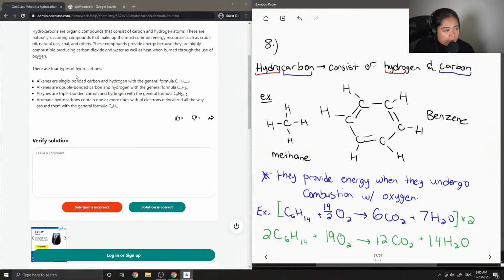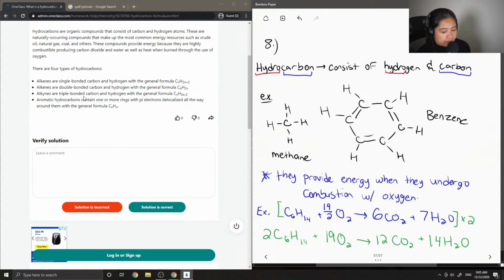There are 4 types of hydrocarbons. Alkanes are single-bonded carbon and hydrogen with the general formula CnH2n plus 2. So however many carbons you have, so let's say you had 2 carbons, to find out how many hydrogens you would have in that alkane, it would be 2 times 2, which is 4 plus 2, so 6. And then alkenes are double bonded carbon and hydrogen with the general formula